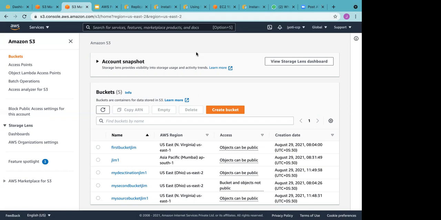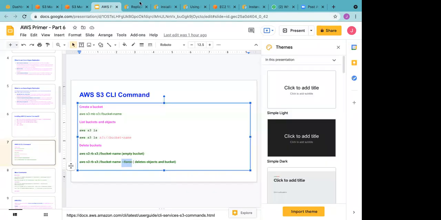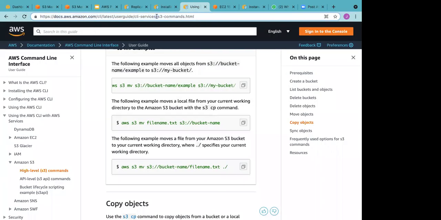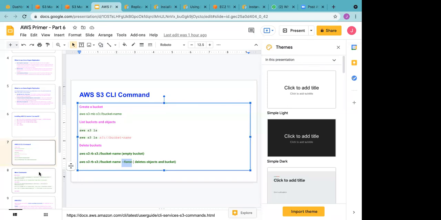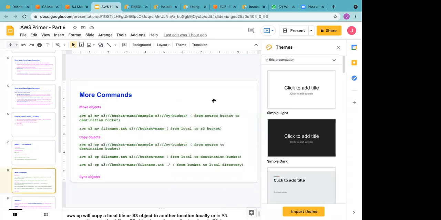So how do you delete those? Just refer to this page. It has all the commands. So this was about delete.